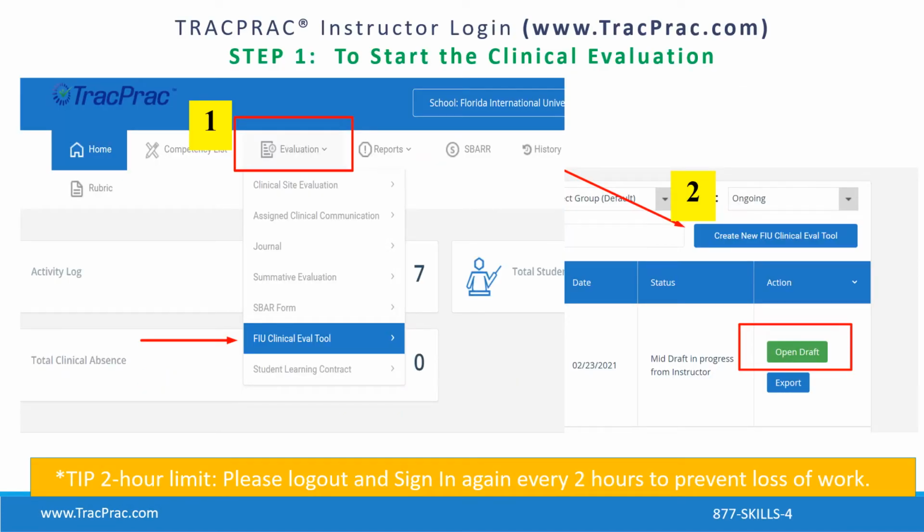Step 1. On the TracPrac instructor dashboard, navigate to the Evaluation tab. As shown, all evaluations are accessed under the Evaluation tab at the top of your dashboard. You will see FIU Clinical Evaluation Tool in the drop-down. In this tutorial, we will show you how to locate your evaluation tool and begin the midterm assessment for each